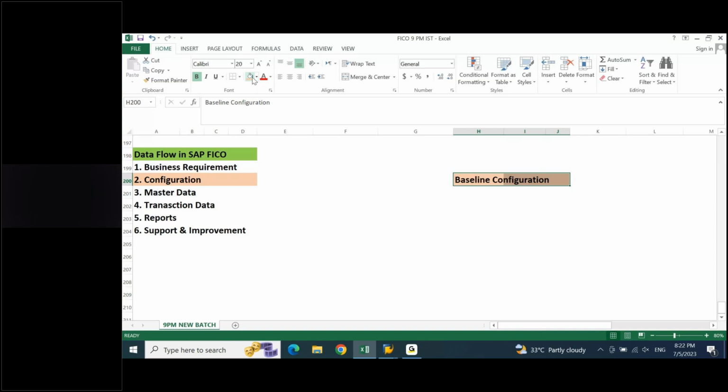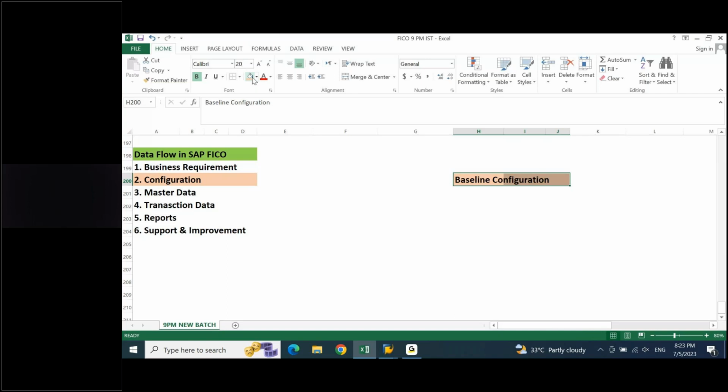Is this business requirement given by the client at the document level or only in meetings? In meetings, you will configure one sample or dummy company code in the test server. In every organization, you will have test servers. Let's say you are going to implement for a client in that test server.